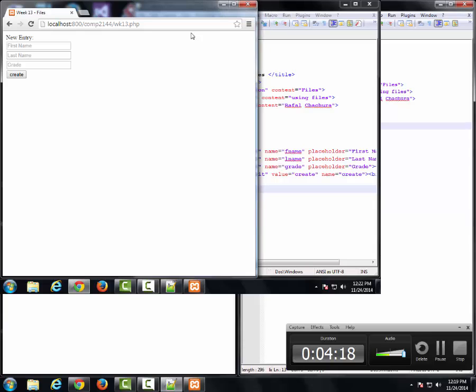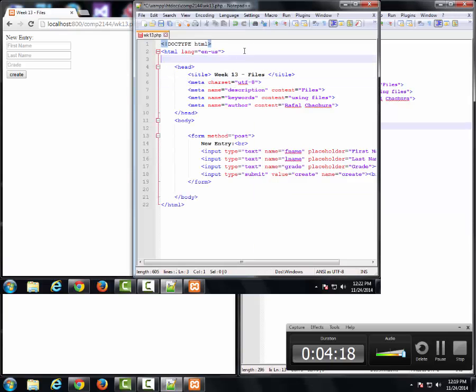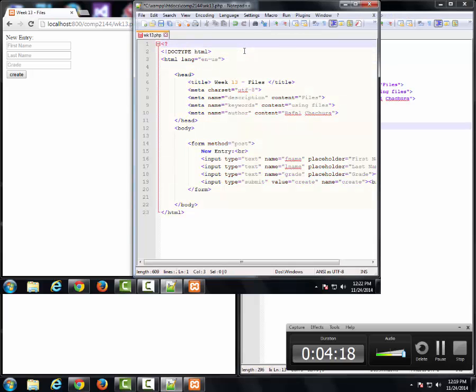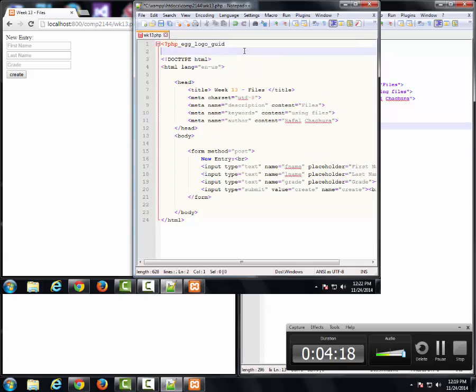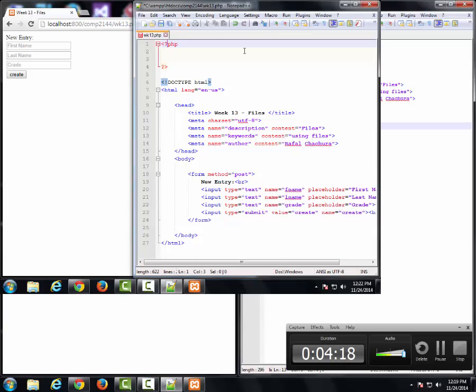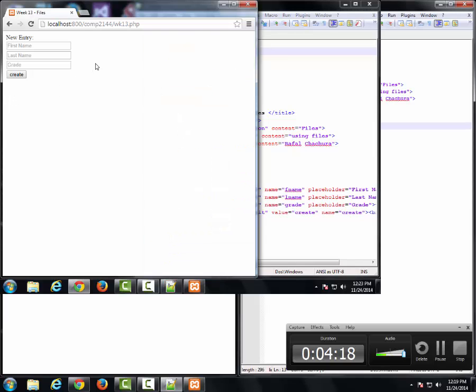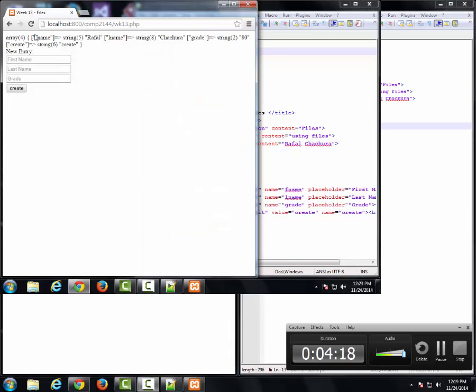Remember, because I'm using post, I can't see any of the request parameters inside the URL. But just to remind you, if you're trying to debug what's inside the post, what we can do is var dump. So what I'll do is var dump the post. If I refresh the page here, you can see that I have fname, lname, grade, and I also have a